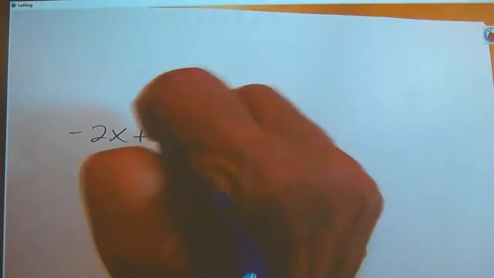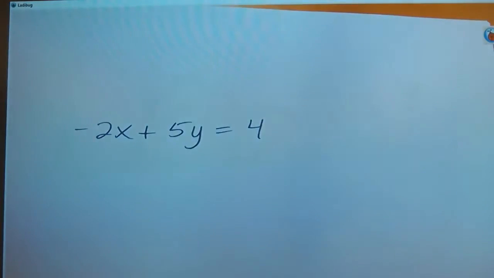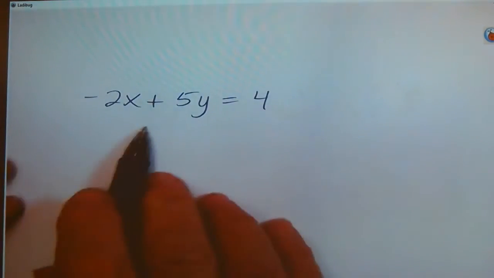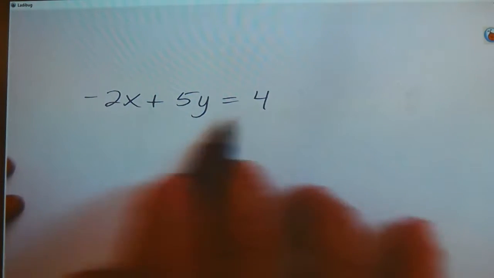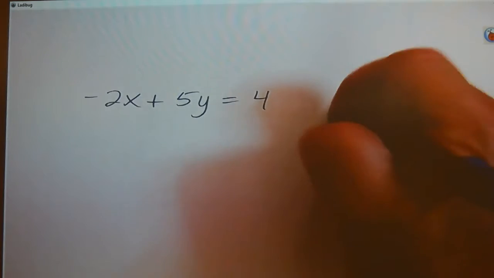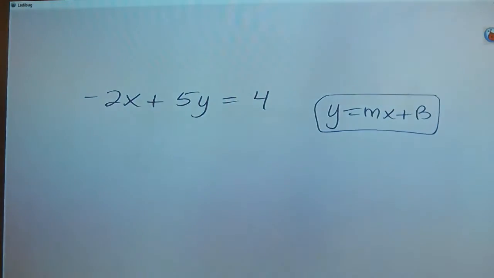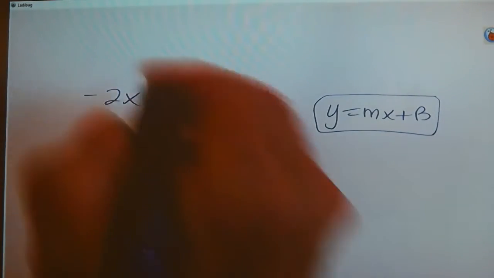Let's suppose we had something like -2x plus 5y equals 4. And you were supposed to graph this line. Is it a good idea to use the intercept method? Cover up x with 0, 5 times what is 4? That's a fraction, and that's when you say, nope, let's go back to y equals mx plus b. And by the way, you can always do it this way. Move your x over,